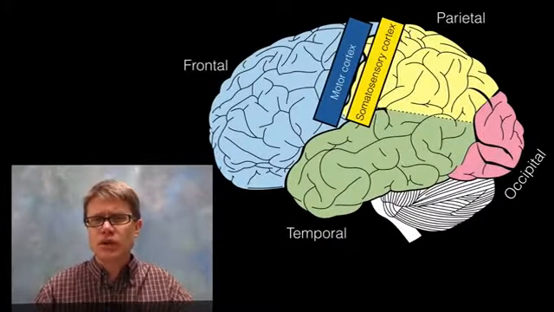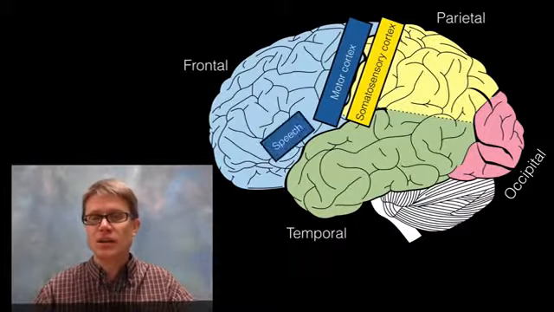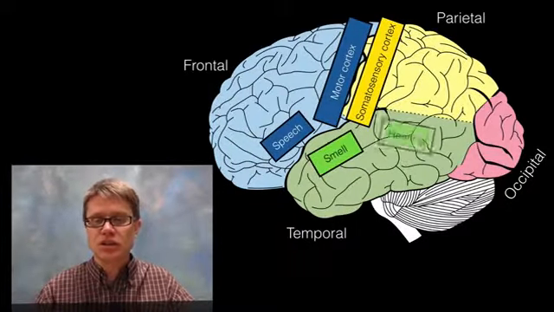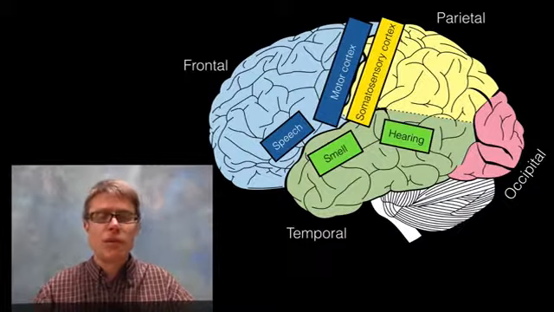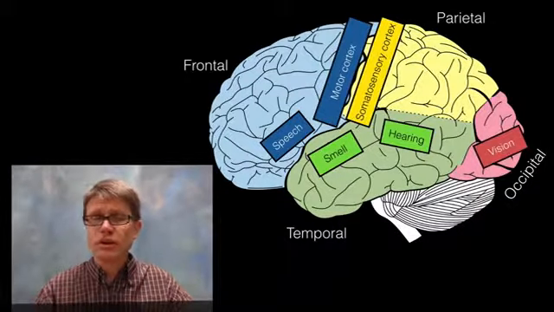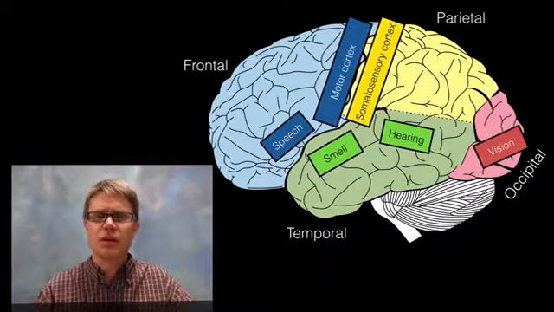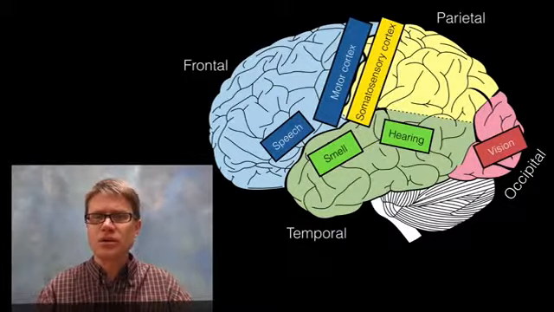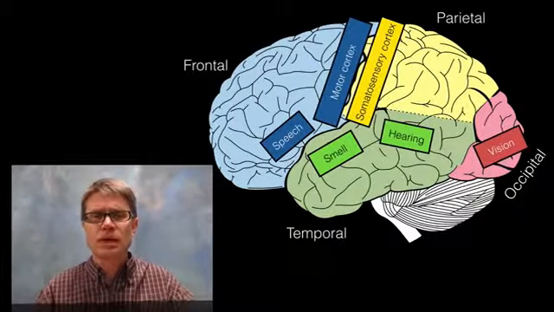We could also use functional MRIs and then even an operation to figure out where a lot of these things are located, like speech and smell and hearing. But over the future, we're going to get really, really good at figuring out specifically what are all the different parts of the brain, what are the nuclei, what do they do, and even mapping it down to the level of